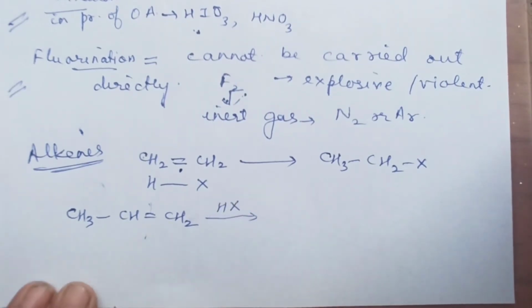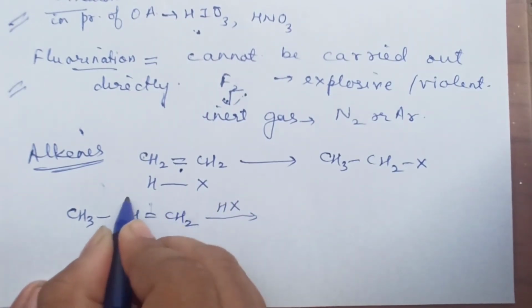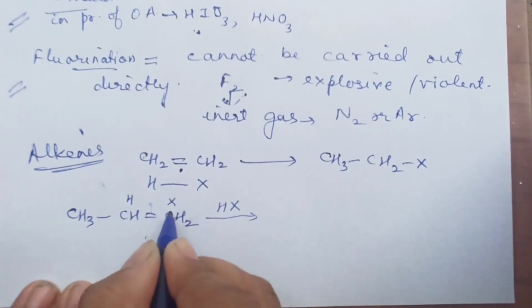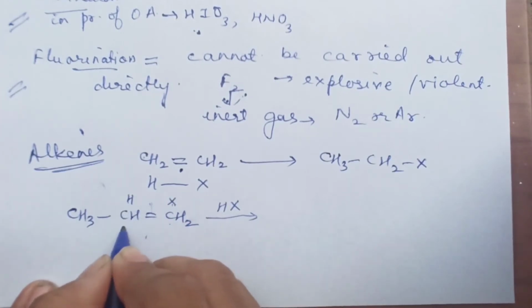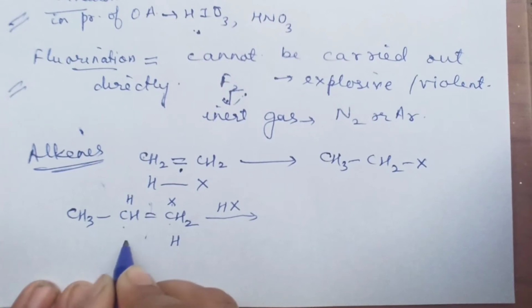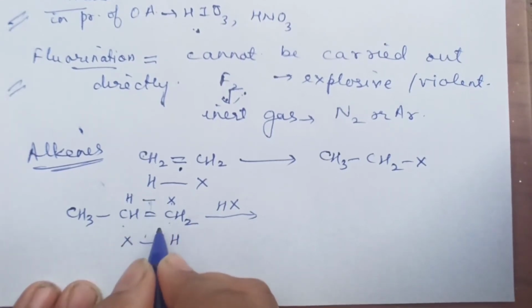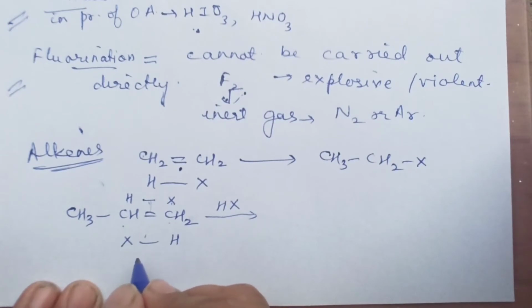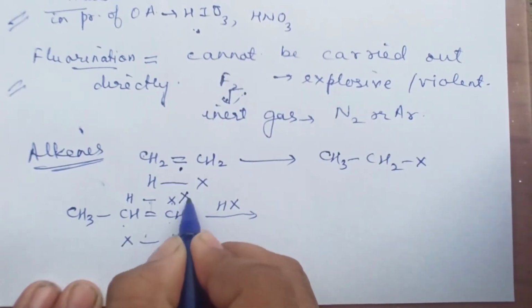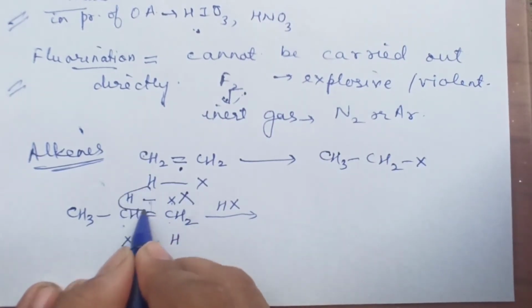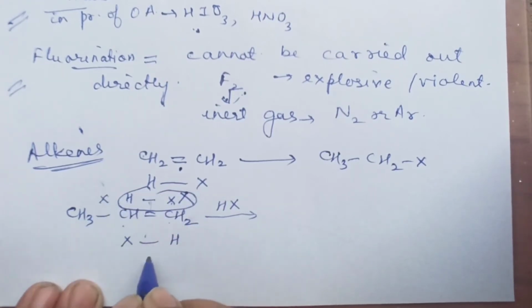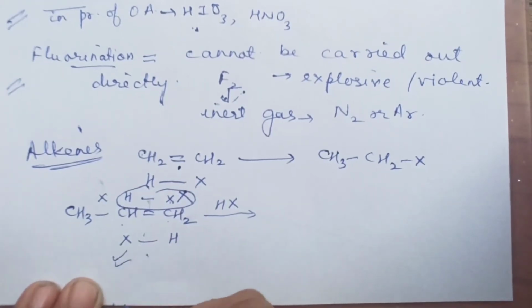Now, when we are talking about unsymmetrical alkene and we have to add here, say, HX, then how should we add? Should we write X here and H here, or hydrogen should be added here and halogen should be added here? Wherever there is a doubt in organic chemistry, there is a rule. So this is a wrong method. The first method is not followed. The second method is correct. This is the correct way of adding.